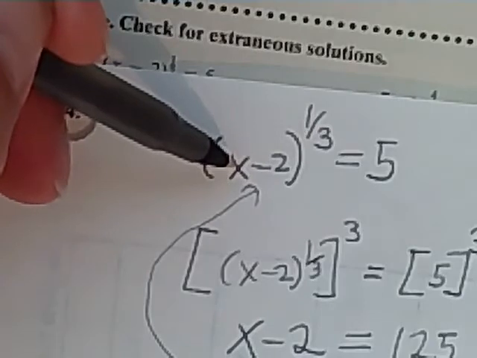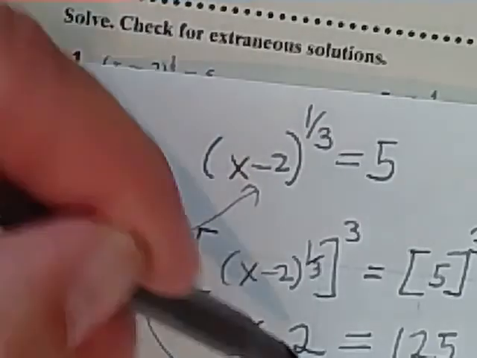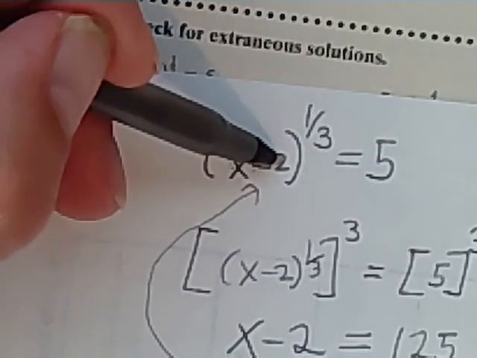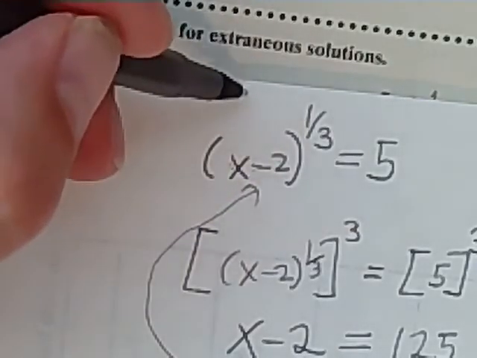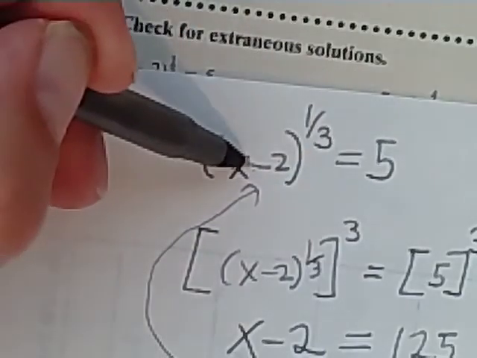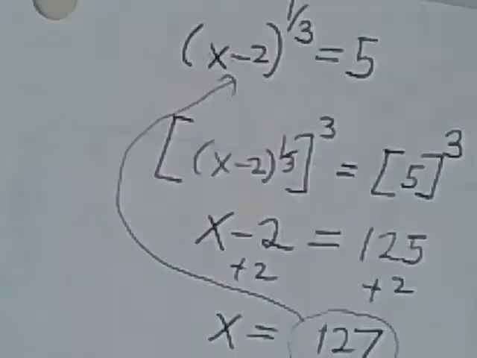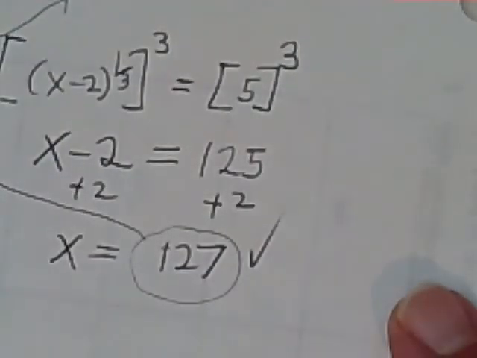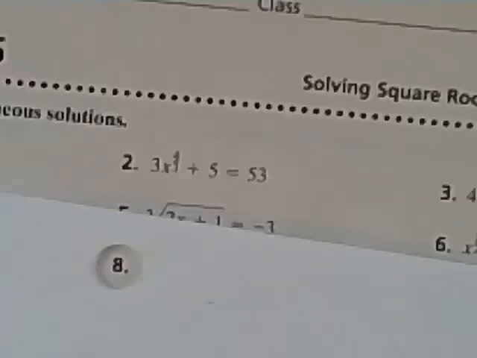Okay, so in the original equation, if x is 127, then 127 minus 2 is 125. And yes, the cube root of 125 is 5. So after you check it, boop, now you declare this is the answer to number 1. Number 2,